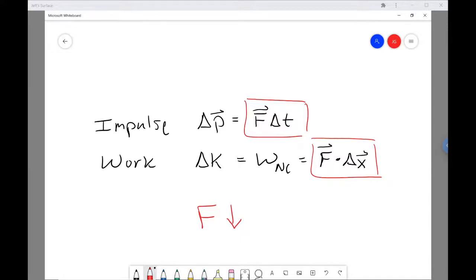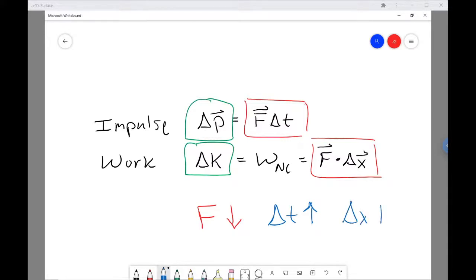And the way you can do that is for a given change in momentum or a given change in kinetic energy. So what I'm saying is, with these two quantities held fixed, how can you reduce the amount of force someone feels? You can increase the amount of time, or similarly, the amount of distance over which that force is exerted. The airbag bends to the shape your face does.